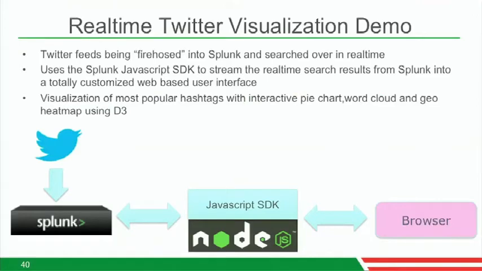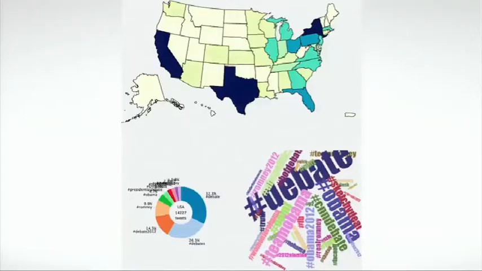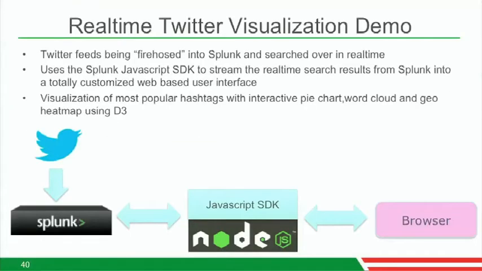So I've got a real-time Twitter visualization demo. We've actually had some of this running on the screen over there in our booth, but I'll dig a little into the architecture, how that works, and then I'll show you it running live here. So basically, we have a Splunk indexer running over in San Francisco right now, and we have a Twitter Firehose